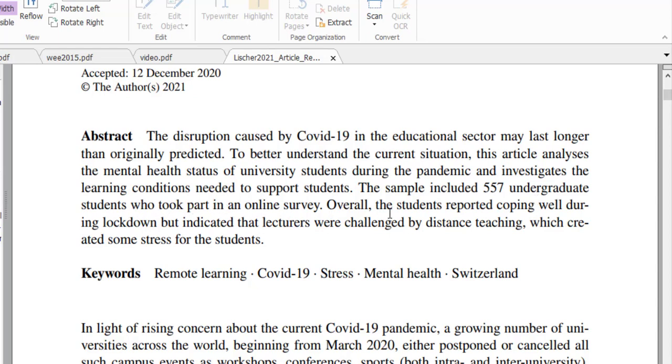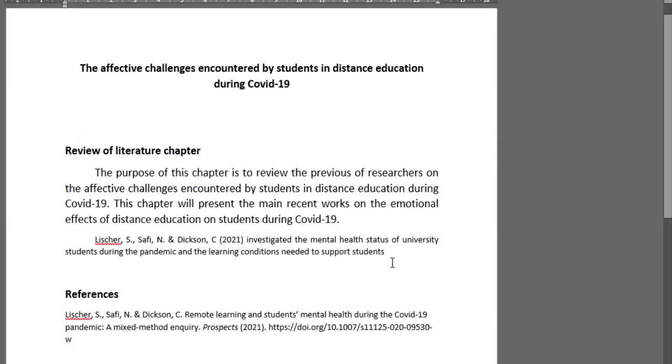Overall, the students reported coping well during lockdown, but indicated that learners were challenged by distance teaching, which created some stress for the students. So this is the first socio-affective or affective factor, that is stress, for some students. So I'm going to add this result here.